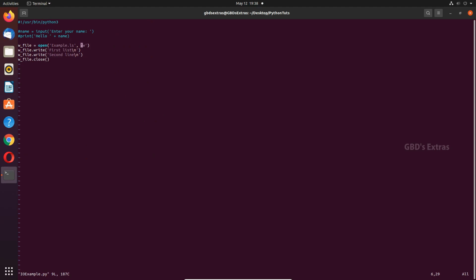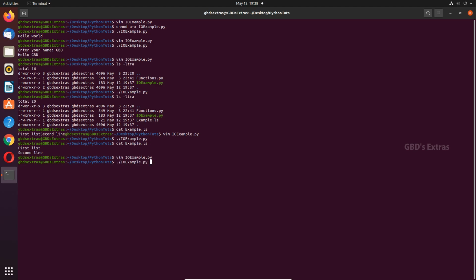Now I'll open the same file in append mode and see what happens. So it's completed. Now let's see the content. As you can see, the contents have been appended, so we didn't overwrite it. So when you want to overwrite a file, or when you want to create a new file and write to a file, you have to open it in W mode. And if you want to append to the contents, then you have to open it in append mode, which is A. Now we have a file created, and we have some contents written in it.